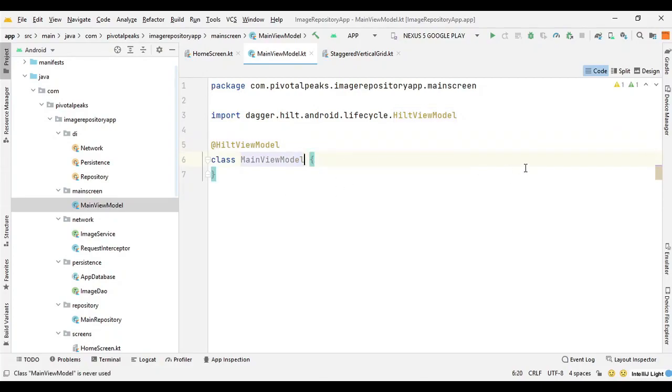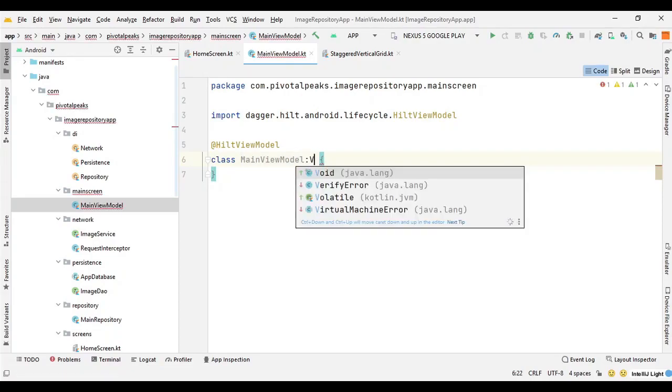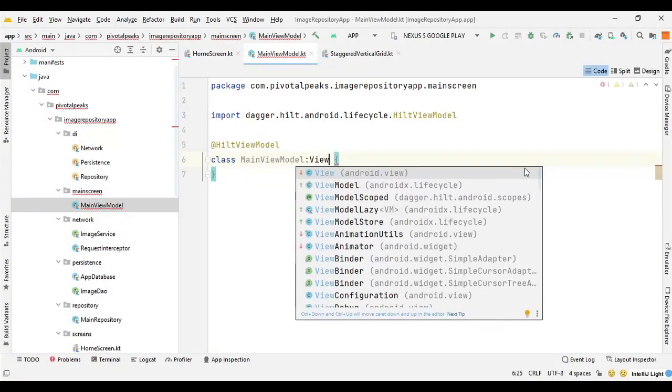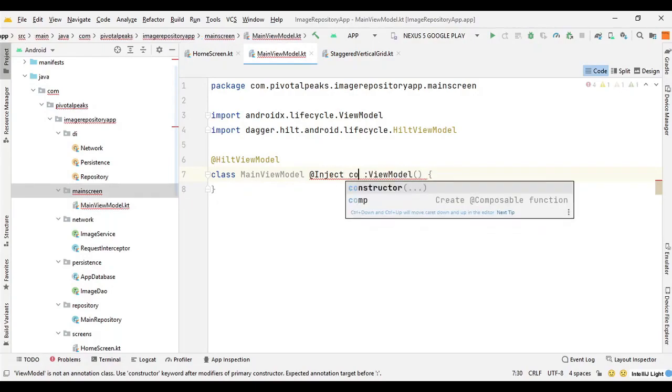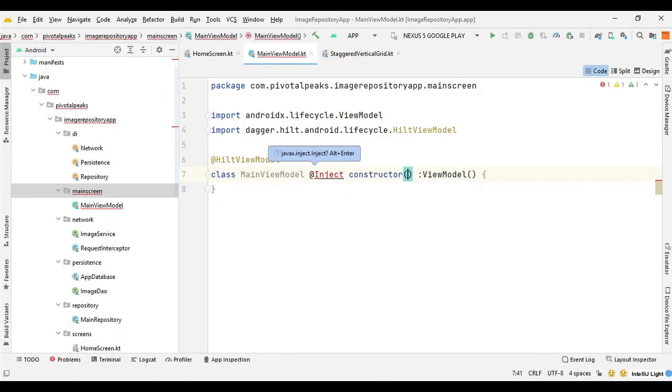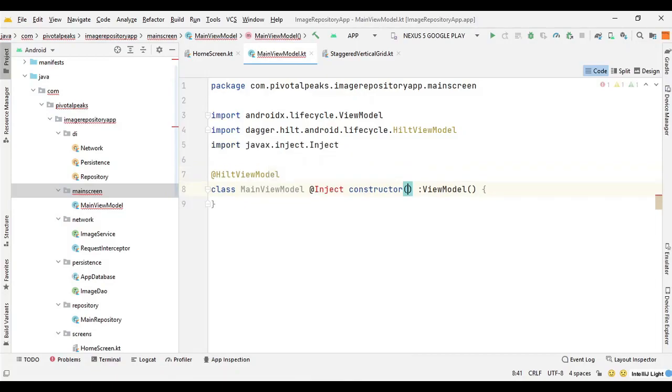Then we need to extend this class to view model. So we can say view model. Then we need to inject the main repository with inject constructor. So we can say class main view model at inject constructor, and we need to import the injection.